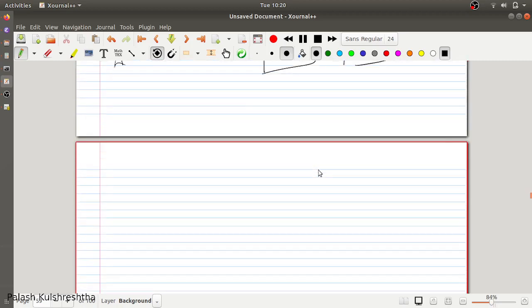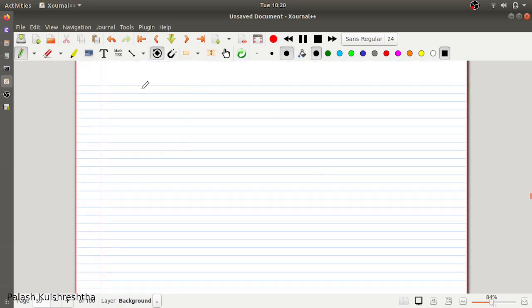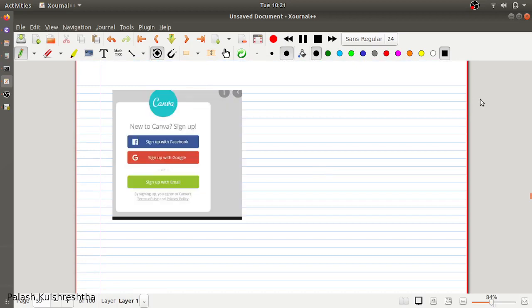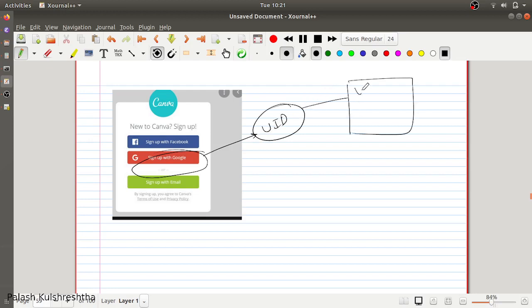So what happens is, when the user is creating the account and tries to sign up with Google, Google will provide a unique ID during sign up, and then you will have to ensure that your application is storing that unique ID somewhere along with your application's user ID.